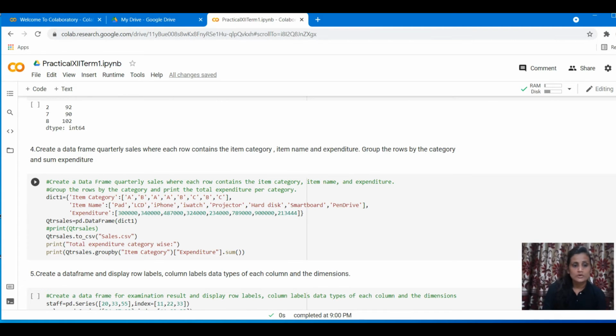Your first column will be item category with these values, second will be item name with the values provided as a list, third will be expenditure with the values provided. So this is one dictionary we have created, and we are passing it as an argument to the data frame function. Once you do that, it is going to create a data frame.